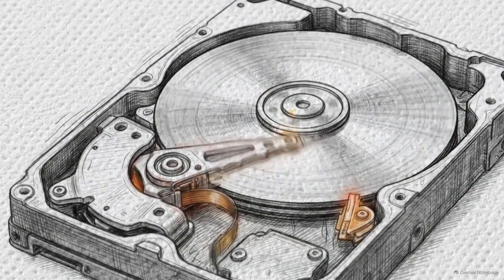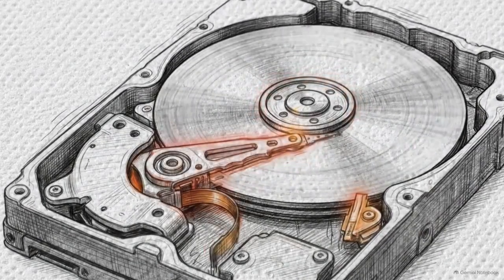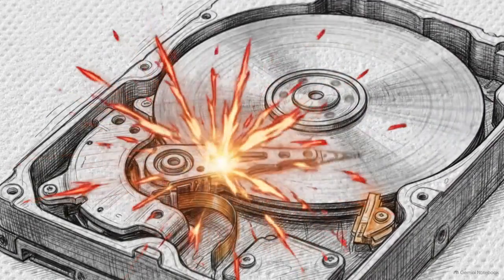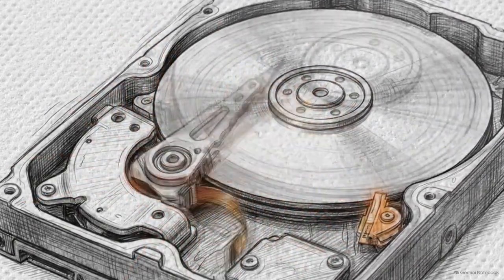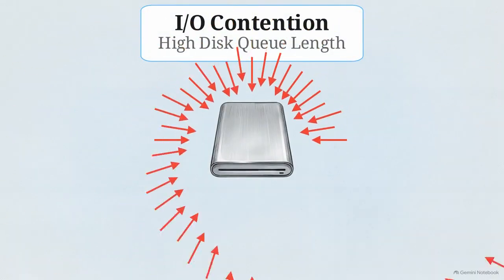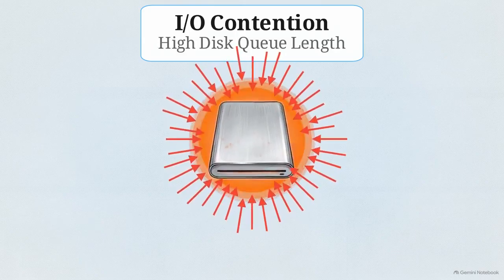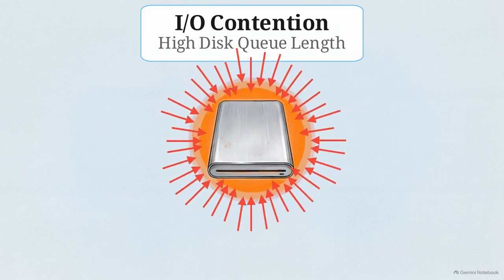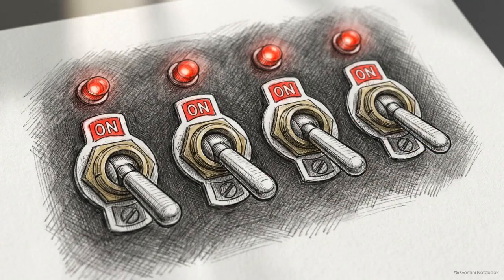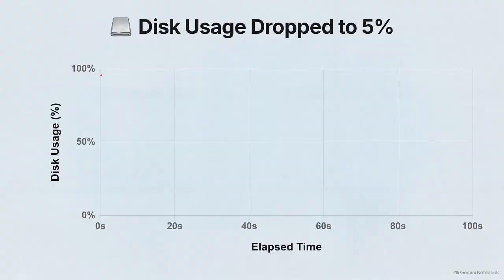This type of mechanical stress is the sound of a system in crisis. On traditional mechanical hard drives and older SATA SSDs, this erratic behavior leads to total system unresponsiveness. While it looks like a hardware failure, the actual cause is usually severe background I/O contention. Windows treats idle time as an opportunity to index files and run telemetry, often prioritizing these tasks over your immediate actions. We are going to identify the specific culprits and adjust 4 settings to drop your disk usage back to